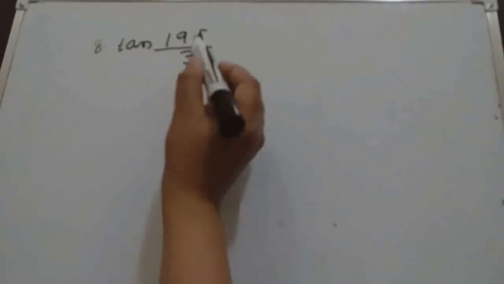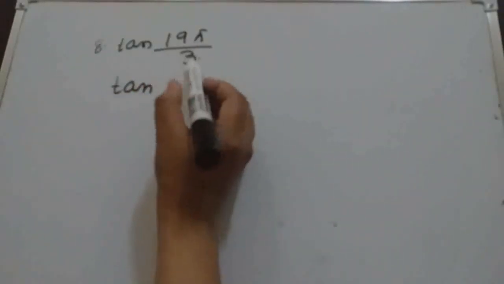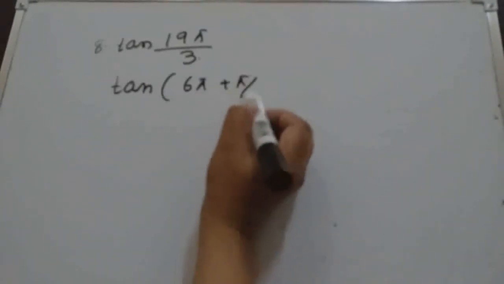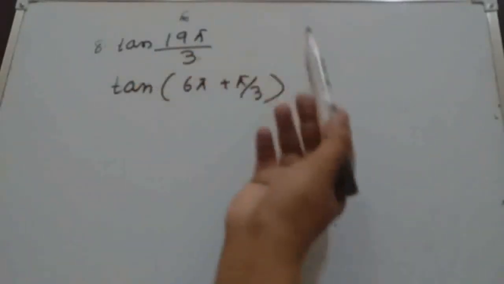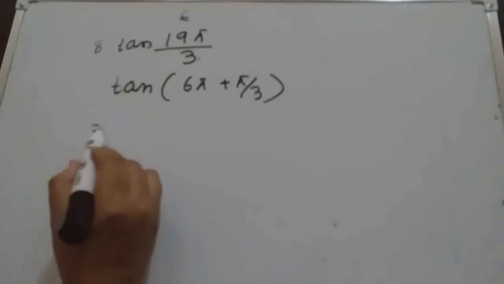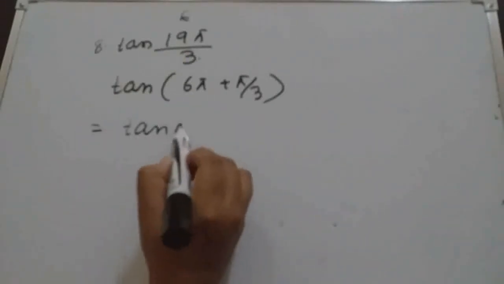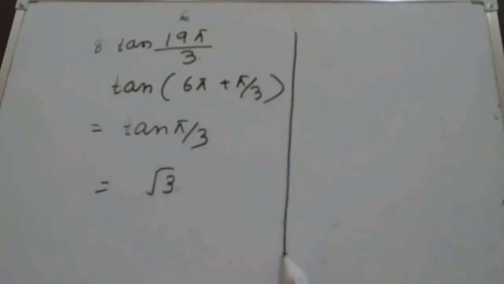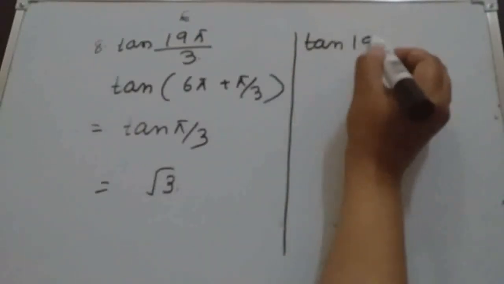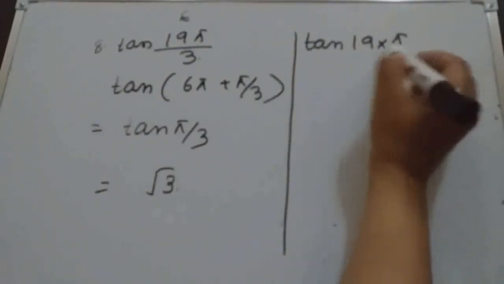See, for this question, since it is in radian, you can start from radian also, or else you can convert it into degrees and then use the method which we used in the last 2 questions. So here how can you split this 19 pi by 3? 6 pi plus pi by 3. Here we can check 3 6s are 18, isn't it? So 6 pi plus something will come, that you have to check orally. So 6 pi means we can write 10 pi by 3. So 10 pi by 3 is what? Root 3.